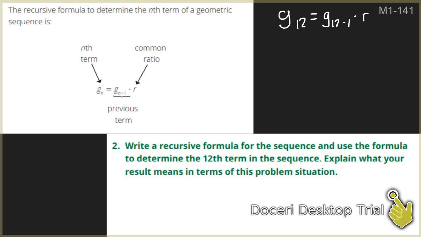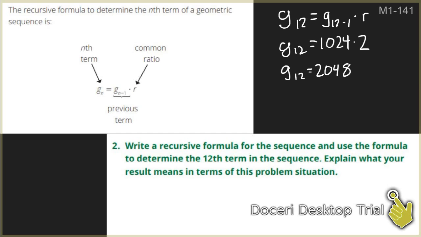The previous term, the term 11, is 1024. We're still after G12. So G11 is 1024, and the common ratio is 2. We're multiplying by 2. So now that we know that the 11th term is 1024, we just multiply by 2, and we find that the 12th term in this geometric sequence is equal to